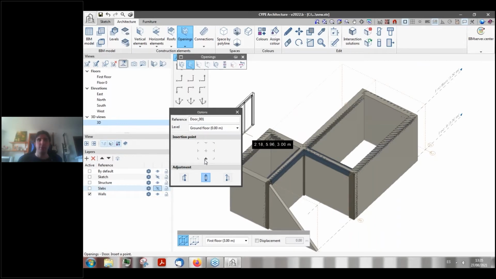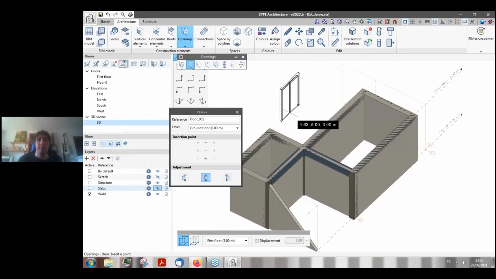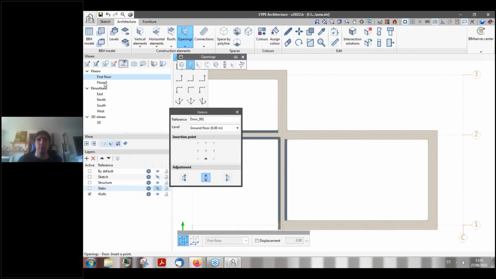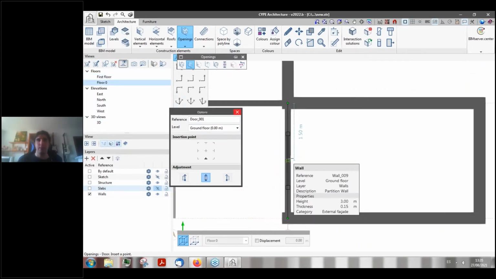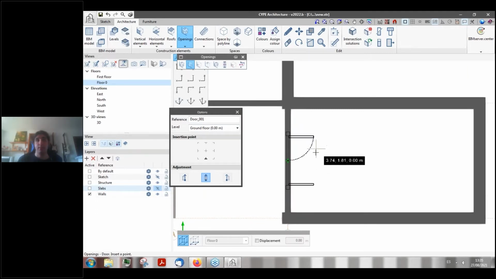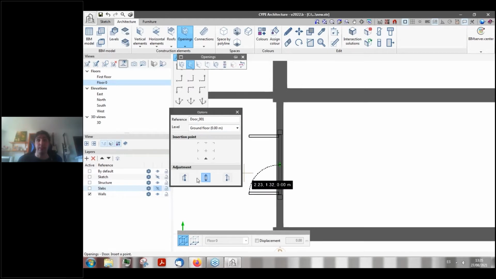So if I were to work in a 2D view in a floor plan, you will see that what I'm going to do is I'm going to insert this element in regards to the ground. Let's switch to the floors view and let's see what I'm talking about. Let's insert this here, and as you can see, we can select the adjustment just like we did before. By default, I would recommend to set it on the center line of the element,